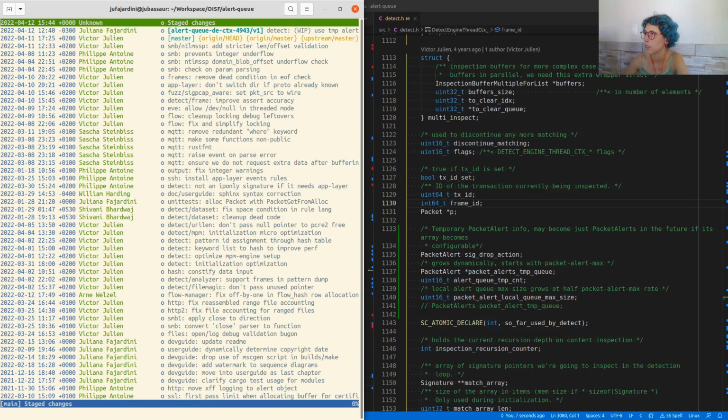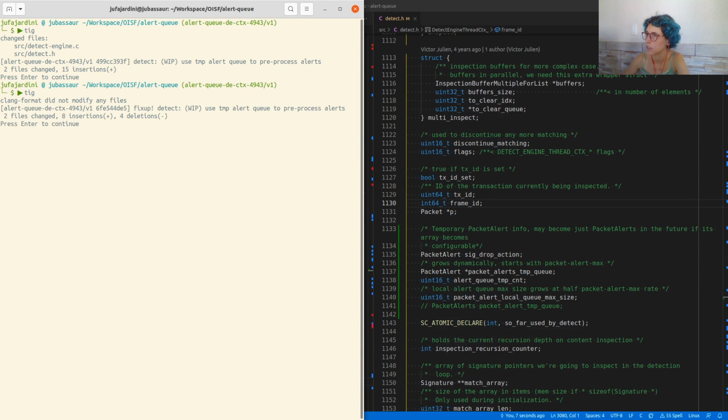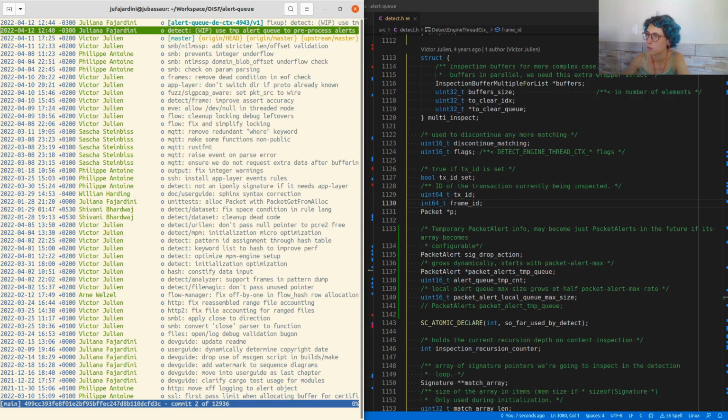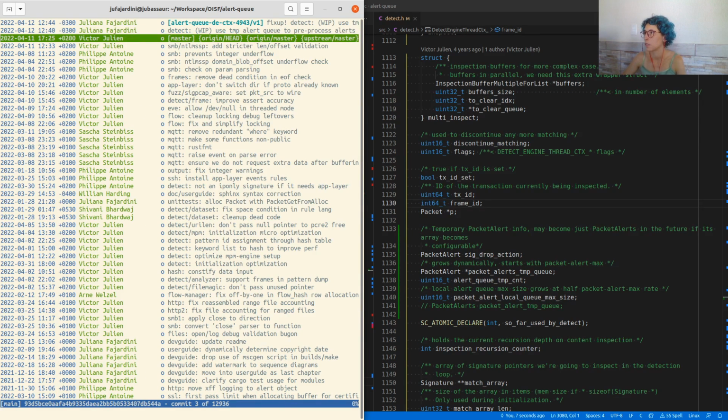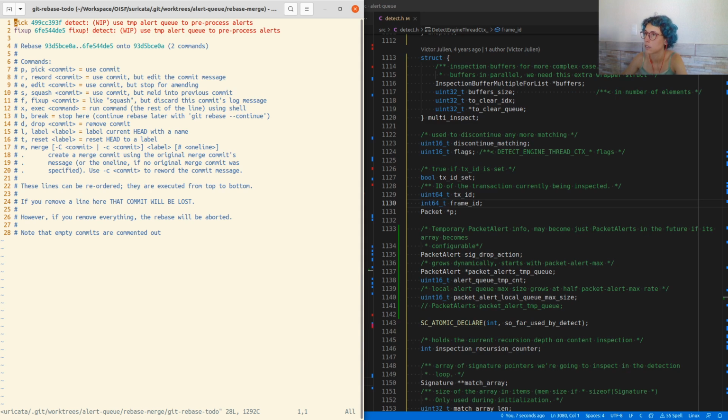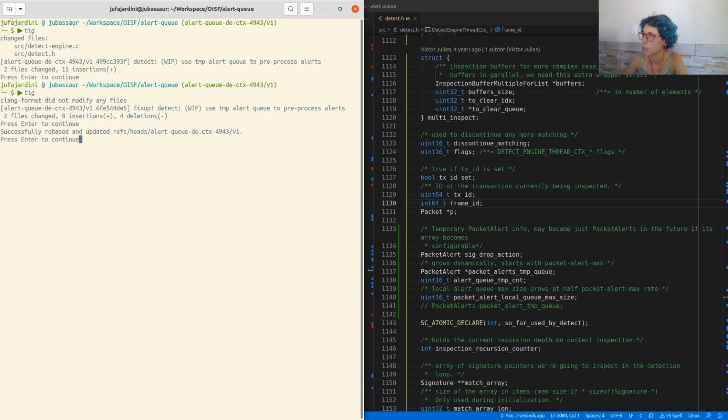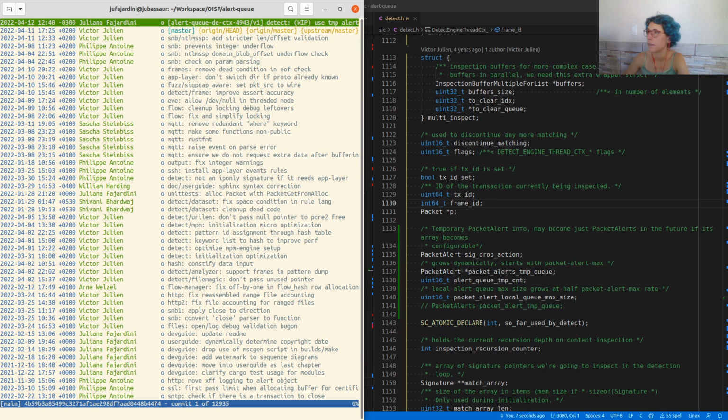So with that, because it's already staged, I can do this, which would give me a fixup commit, and then I can rebase like this, and there, it's done. Those Clang changes, format changes, are now part of my commit.